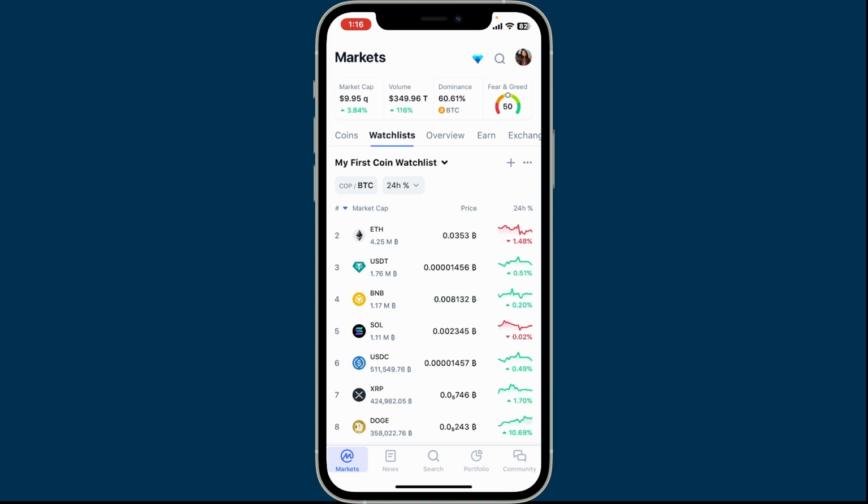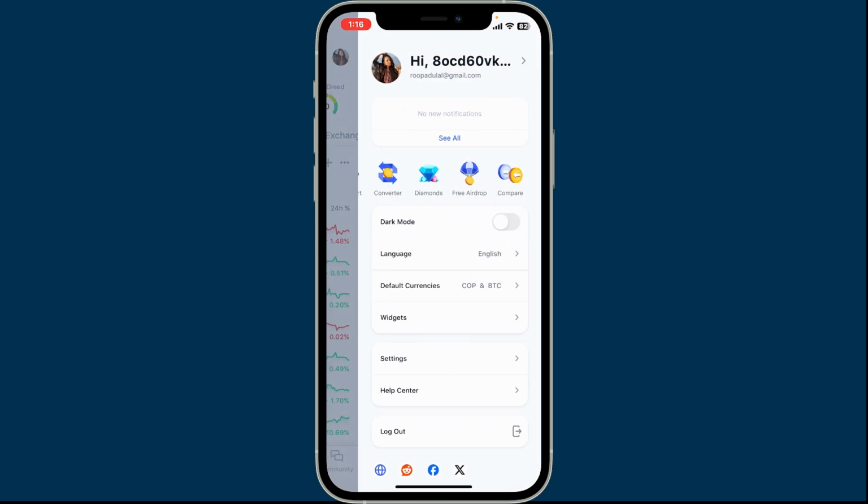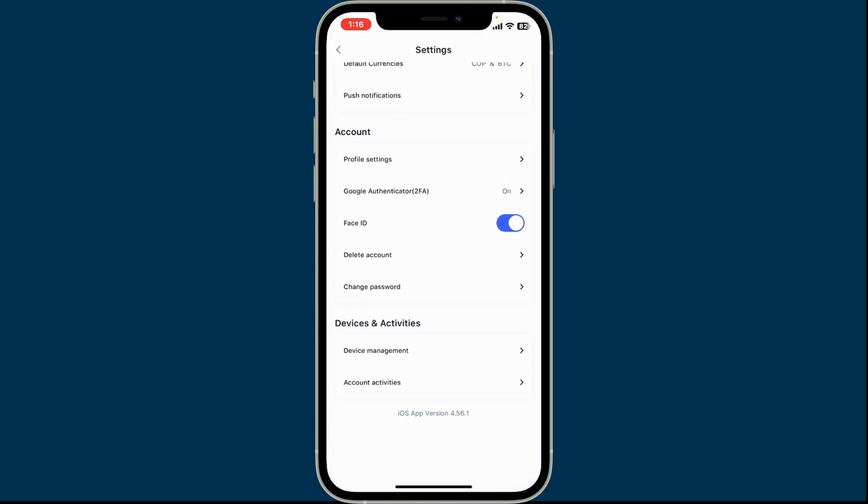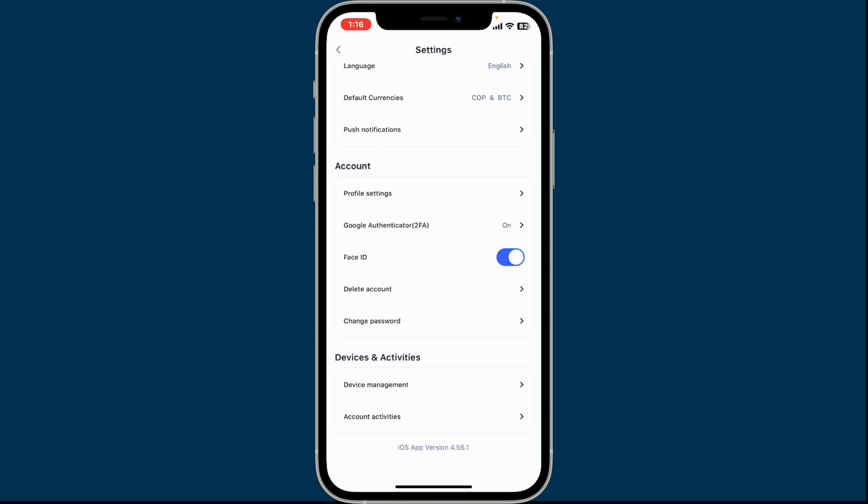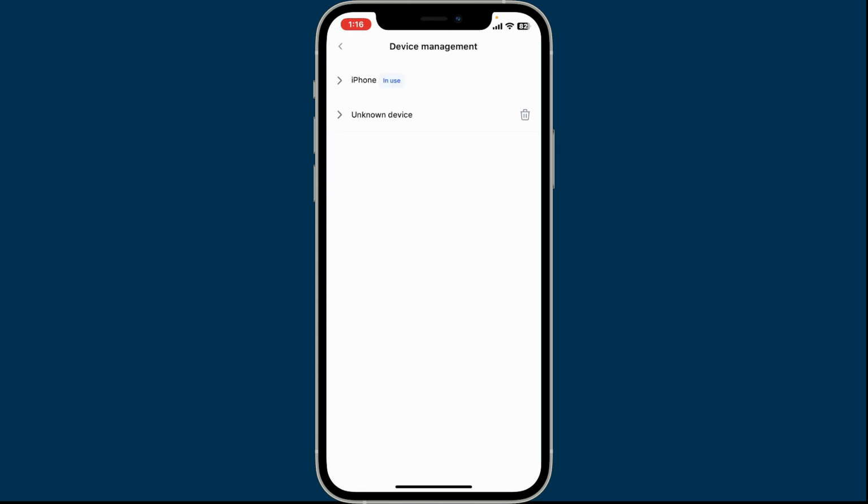Now, from the main homepage, click on your profile avatar at the top right-hand corner. This will open up this information on the screen where you'll need to tap on Settings. Under the Settings menu, scroll down under Devices and Activities. Tap on Device Management and you will be able to see the list of devices that have currently been logged